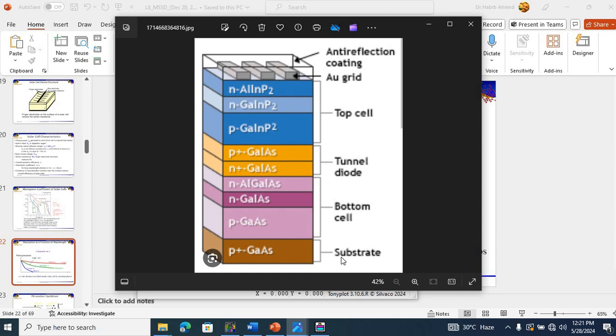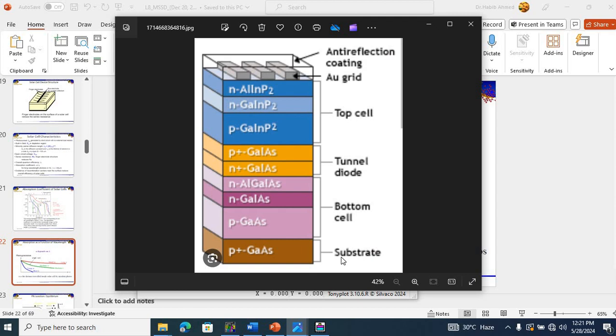One common type of multi-junction solar cell is a dual junction solar cell. I already discussed the Silvaco TCAD simulation of single junction solar cells. Now, in this lecture, I am going to talk about the Silvaco TCAD simulation of a dual junction solar cell, which as the name suggests has two distinct layers. The top layer of a dual junction solar cell is typically made up of semiconductor material optimized to capture shorter wavelength sunlight, or in other words high energy photons, for example blue and